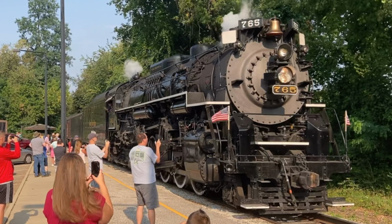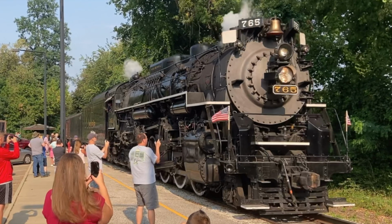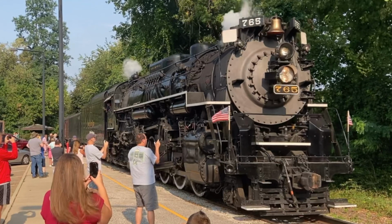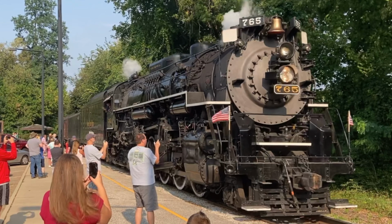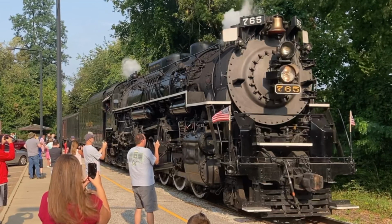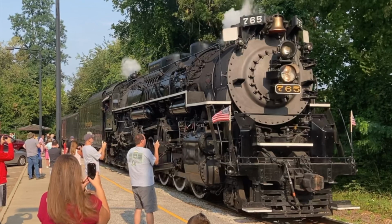After being retired for nearly 5 years, it was preserved in 1963, and just over a decade later, in 1979, it was restored to operational condition. To make a long story short, it shifted from owner to owner until finally being donated to the Fort Wayne